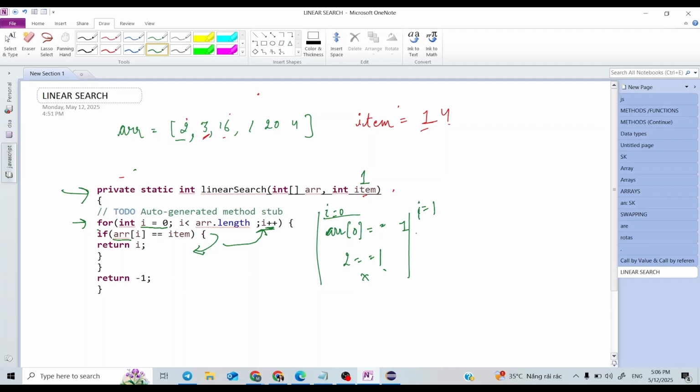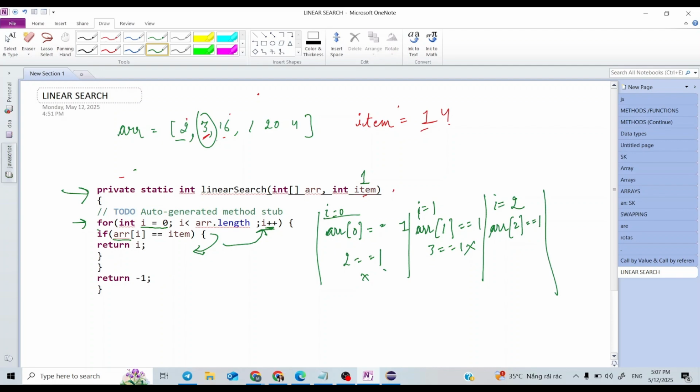Now again check at array of I, that is I is 1: is 3 equal to 1? No, so again increment I. So incrementing I means I will now be 2. So now again we will check whether the item at array of 2 is equal to 1.